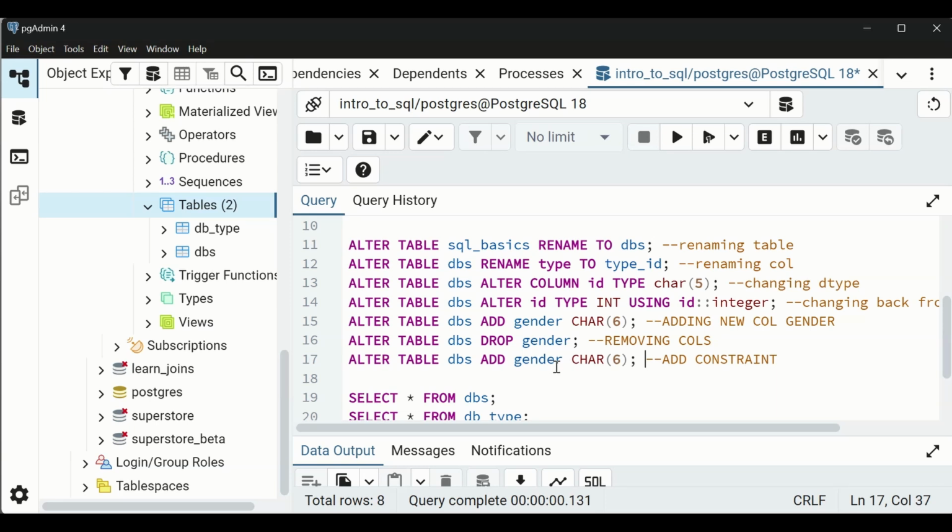So for adding constraints, since we have different constraints that we'll likely add, and we'll not be going through all of them, I'll just give you the syntax. It will be alter table, the table name first, then you do add constraint. Earlier when we did add for a column, I said column is optional, but for constraints you need to put it so that I can know what you're adding. So add constraint, then your constraint name,